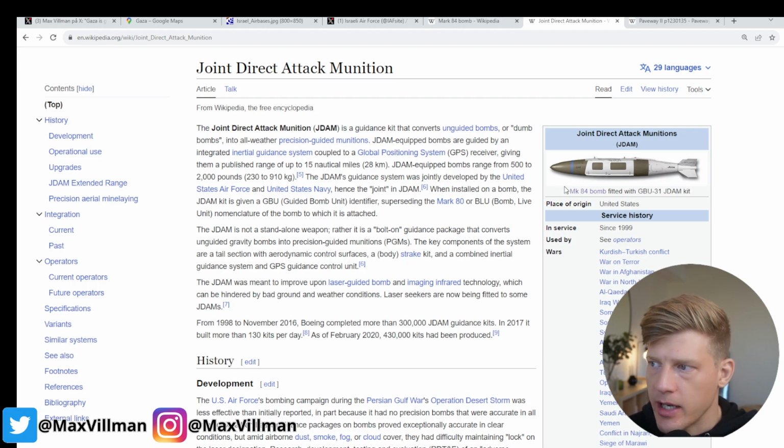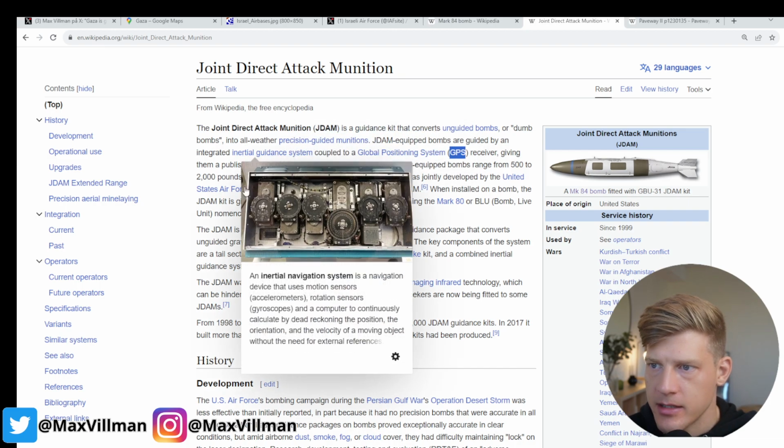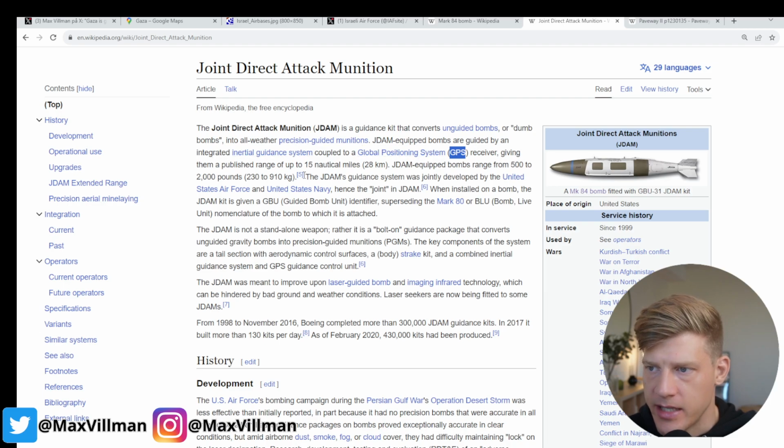They take different kinds of Mark 84 bombs, different sizes, all the way from 500 to 2,000 pounds, if you're talking about freedom units, up to 910 kilos if you're talking European units. What these kinds of kits or upgrades do is that the JDAM kit makes sure that the dumb bomb is smart, in the sense that it has a GPS system and an INS system, inertial guidance system. So even if the GPS is jammed, it can still hit its targets, obviously with a slightly lower accuracy than